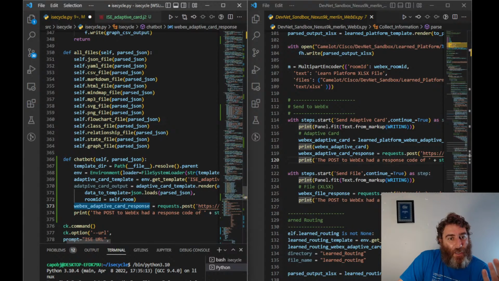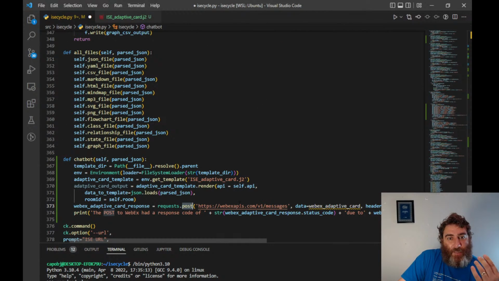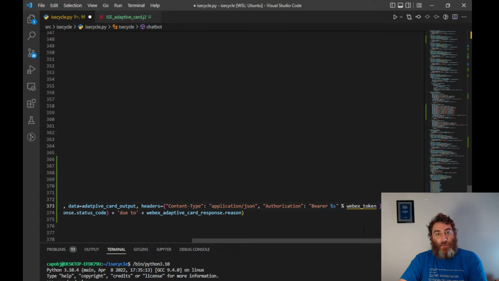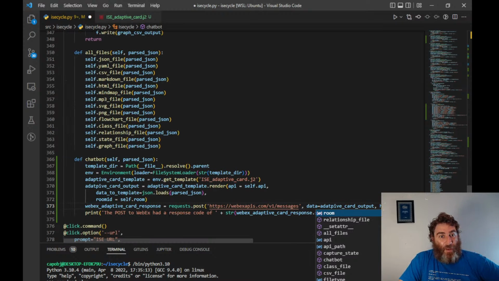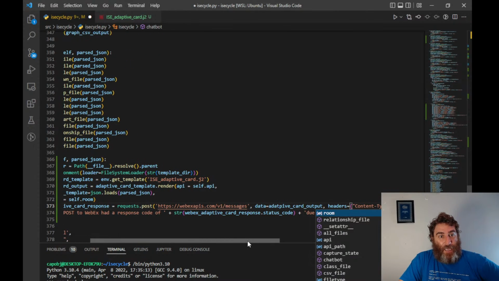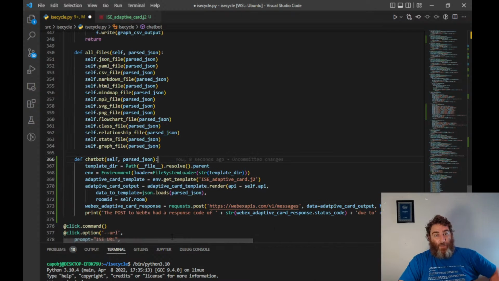WebEx adaptive card response equals request.post. We're going to post it into webexapis.com v1 messages, and the data that we're going to send is the adaptive card output. And the headers are going to be application JSON authorization bearer token, and this is going to be self.token. Then I like to print the post to WebEx had a response of, and then our response status code due to a reason. So I believe that is all we need to do for our chatbot code,